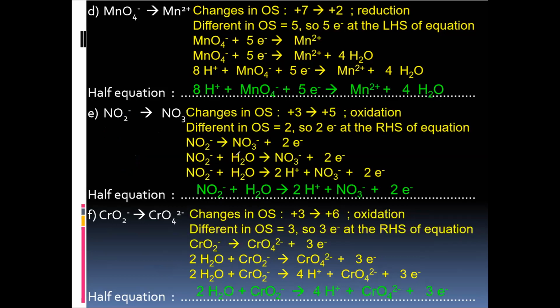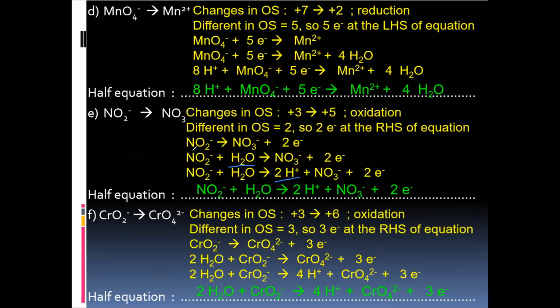Is by adding 1 molecule of water, because I need just 1 more oxygen. So 1 molecule of water to this side. How do I make up for this hydrogen? How many hydrogen do I have here? There are 2 now. So I add 2 hydrogen ions to the other side of the equation, and then the